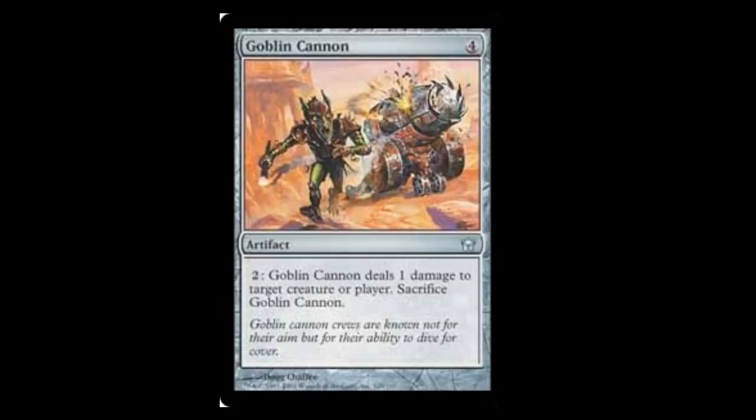2 mana, or 4 to cast, 2 to use. Goblin Cannon deals 1 damage to target creature or player. Sacrifice Goblin Cannon. Now, obviously, if you're going to use this, we're going to filter a ton of mana through it at one time. We're going to activate it in response, activate it again, in response, activate it again. Because they don't want you to have this repeatable ability to be able to just do this every turn. But,